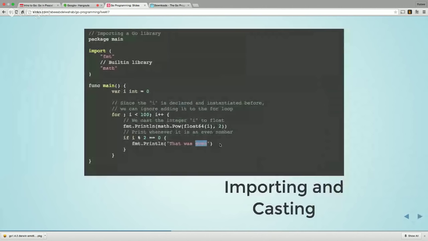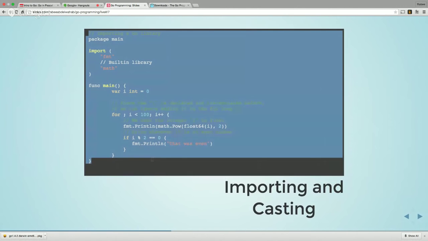So right now, let's introduce another library, and also the idea of importing and casting in Go. So if we take this example